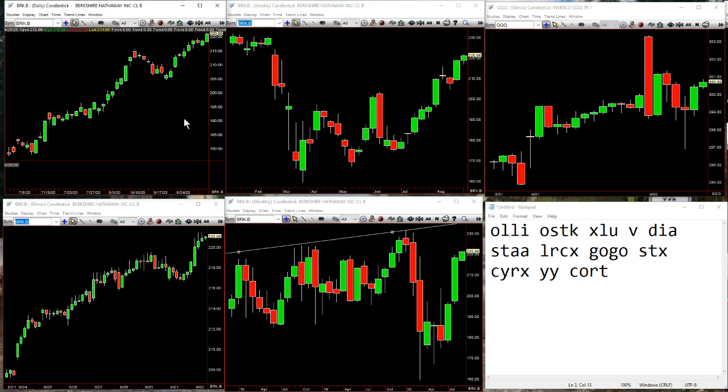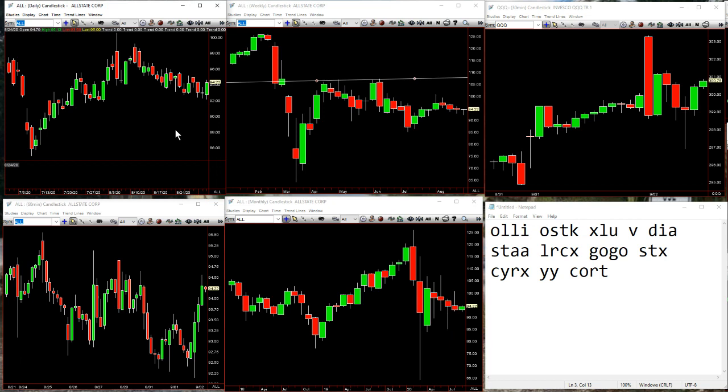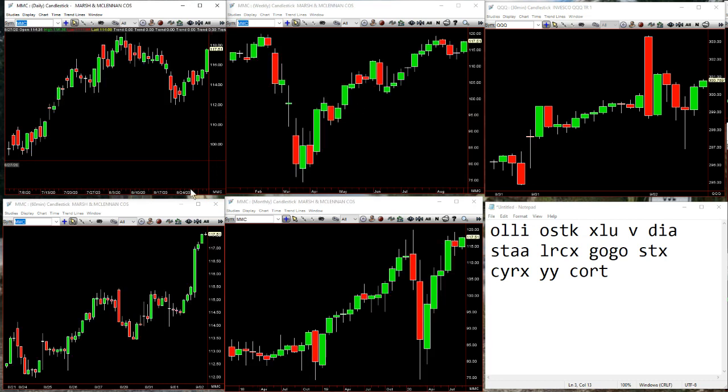You also, if you go through all the sectors and you go KIE. And KIE, not totally racing, but you can see it didn't back off much at all, right, when there was any slight weakness in the market, right? Here's your slight lower low. These become an outside bar of all that, right? And you can go look there and look like Allstate coming up a little bit. What else? Marsh & McLennan. See, this didn't back off at all.